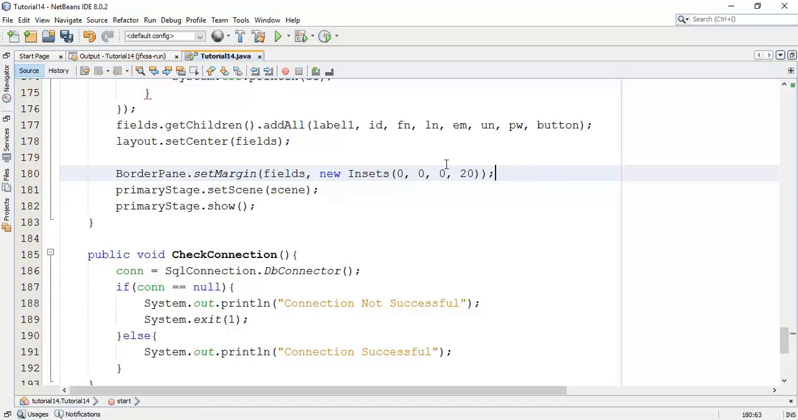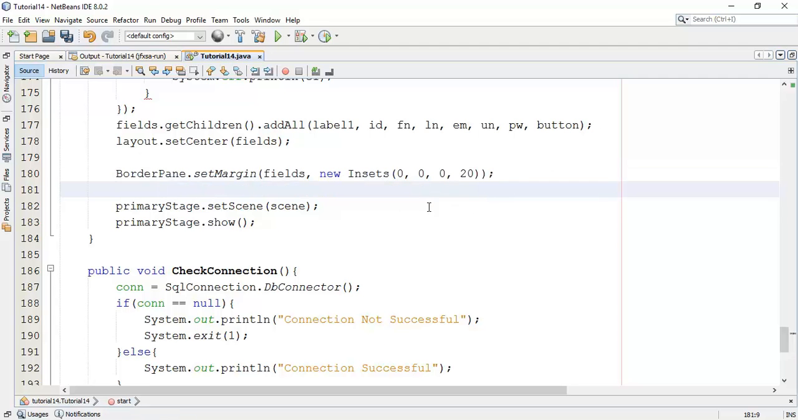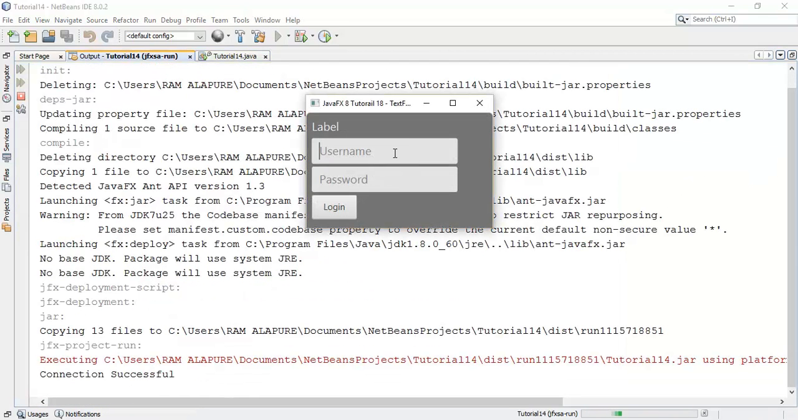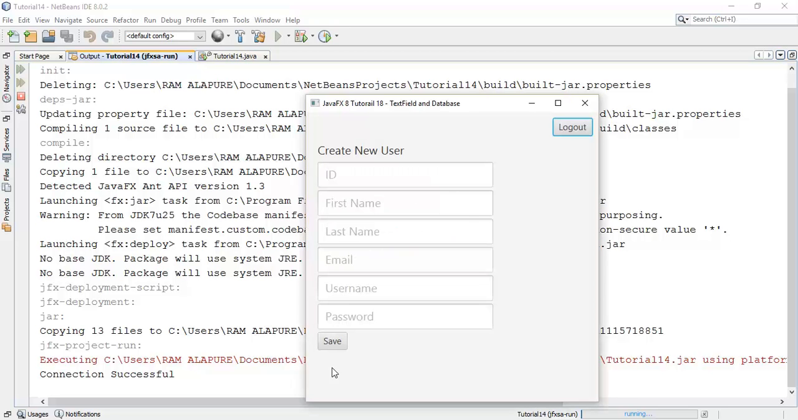Next, save this and run once again. So I'm going to set the initial password Ram and login. So here is our